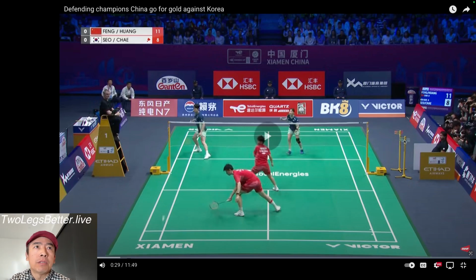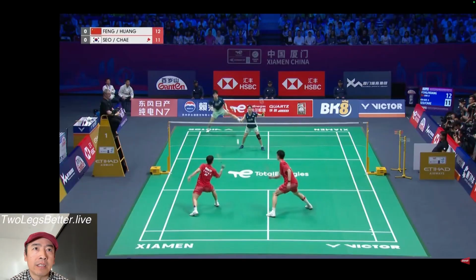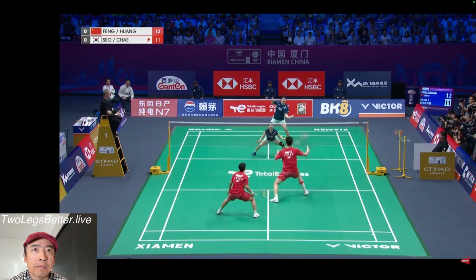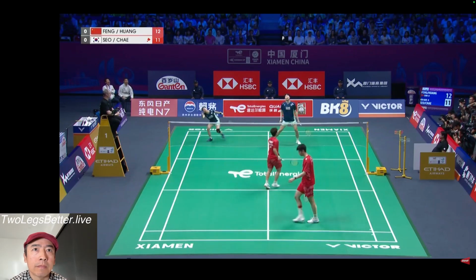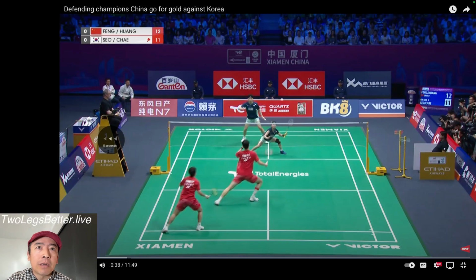So let's see, this is one point. Fantastic play by So. So played great in this one. Okay, this play is an interesting play because they kind of switched. Remember, I told you Huang Dongping is great at the back court. And in this case, Feng Yanzhe goes forward. Feng Yanzhe is really tall. He basically controls the net. And this is the part I want to talk about